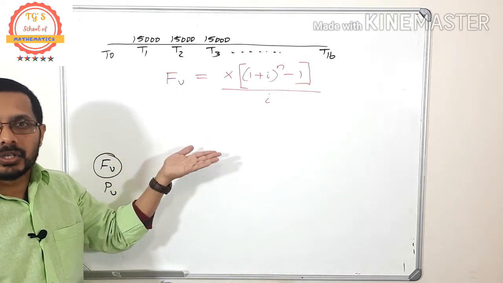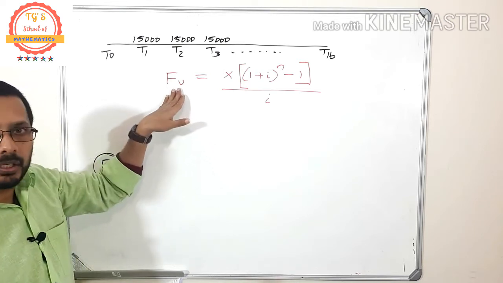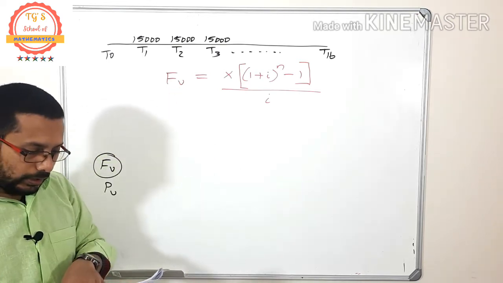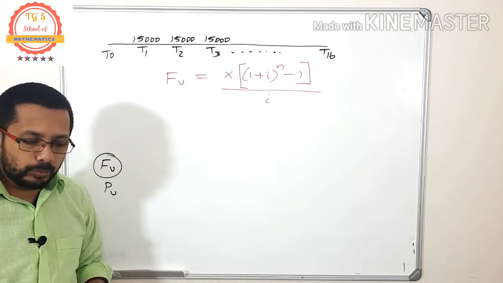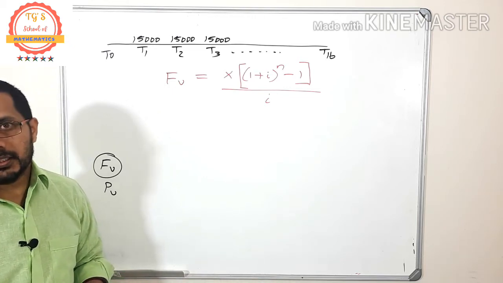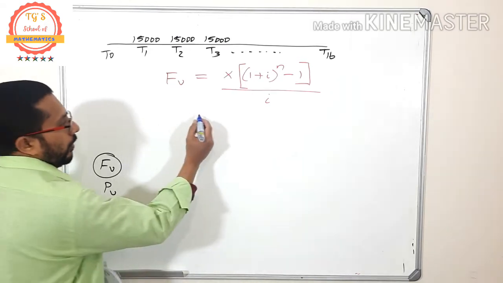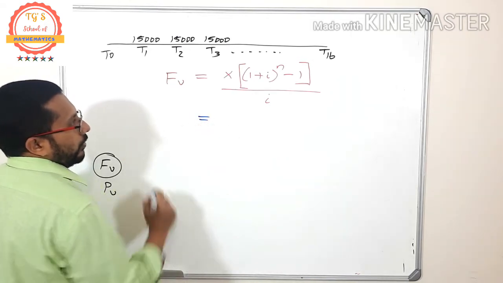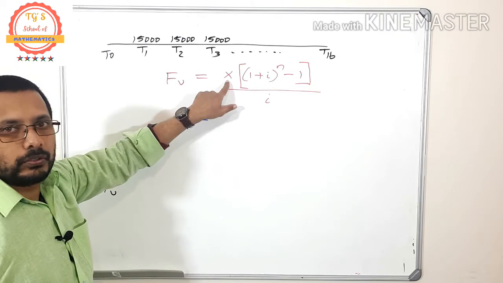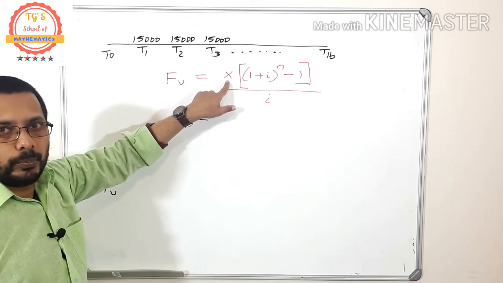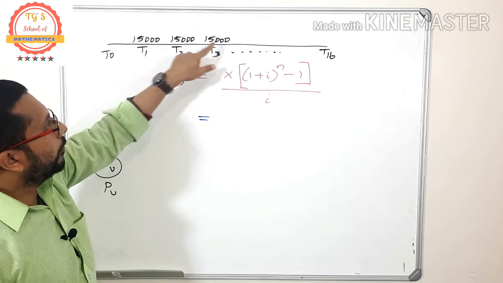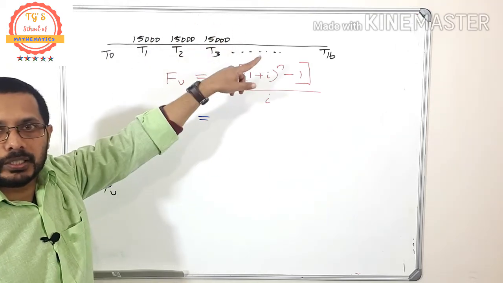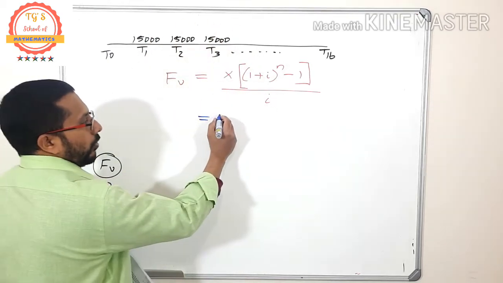This is a straight question. You have to find the future value, if the interest is earned at 8.8% per annum compounded quarterly. So now look at this one. How can we do this? FV is equal to, what does this X stand for? X stands for the monthly installment. Here what is the monthly installment? 15,000. So the monthly installment here is